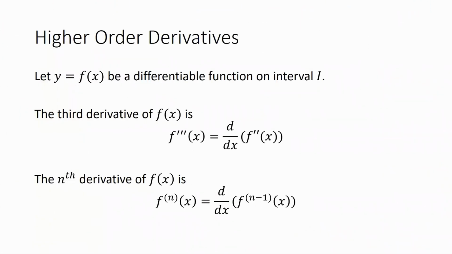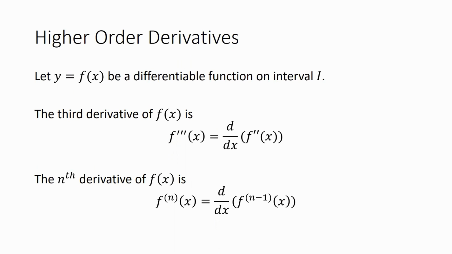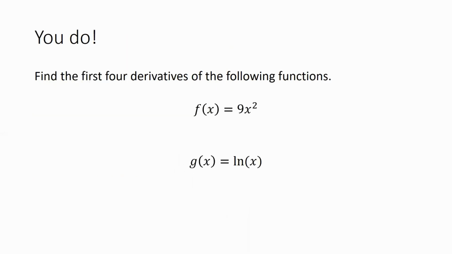So that's the idea of higher order derivatives. You take a derivative, and then take a derivative of that function, and then take a derivative of that function, and so on and so forth. And we get this recursive system where we can take any order derivative we want, as long as it keeps existing. Once it doesn't exist anymore, then we can't go any further. But most of the time, the functions I give you, you can take as many derivatives as you could want.